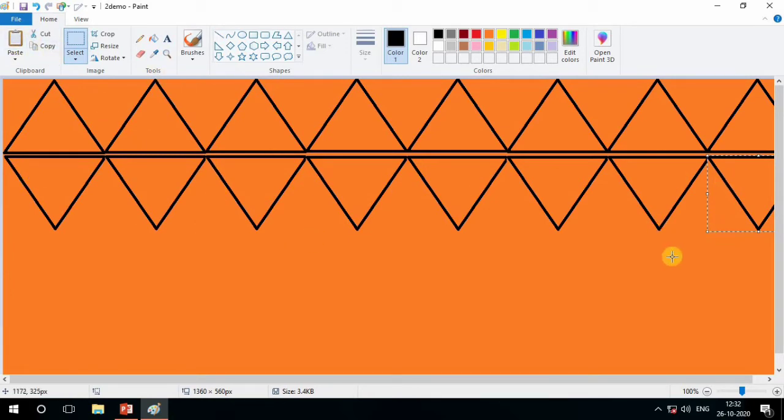So the second row is also completed. Now see, again paste and come here. Now I want to rotate again 180. See. Now copy and paste. See, the copy and paste will work very nicely.